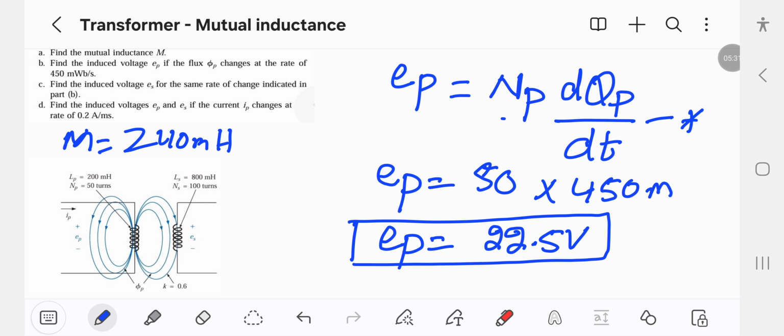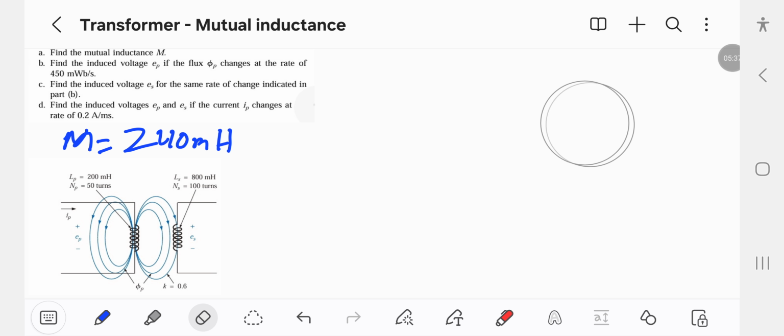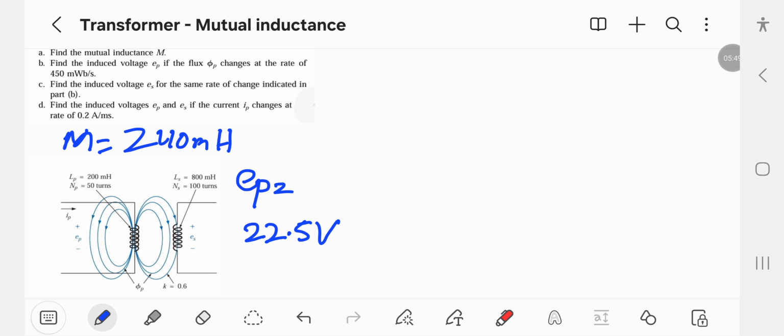So the induced voltage according to this specific condition in the primary coil is 22.5 volt. Now in case C, what we are going to find is the induced voltage in